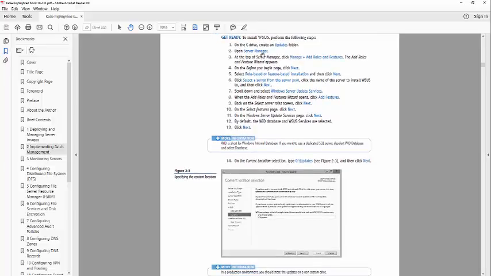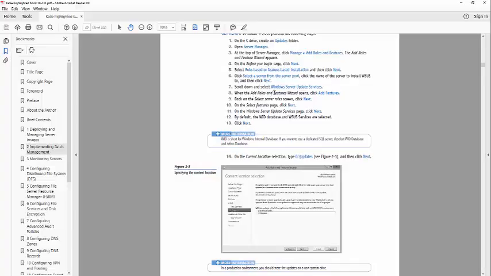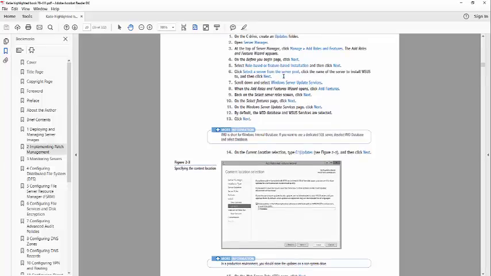We create, on the C drive, an updates folder. That's where we'll put our files. You add roles and features, and if you don't know where to do that inside of the Server Manager, give me a call and I'll help you with that. But there are instructions in the book and in the lab assignment as well. We're going to add WSUS as a role or feature-based installation.